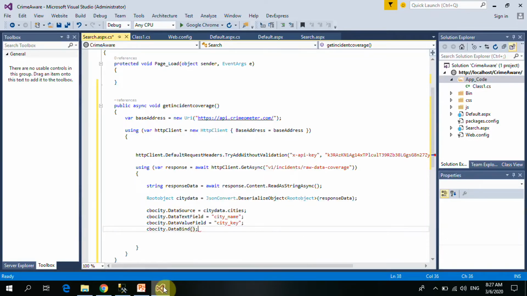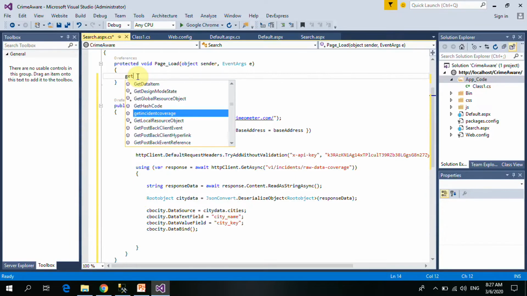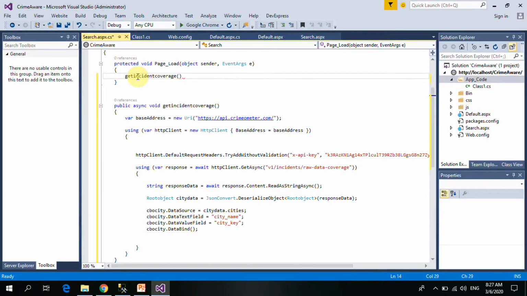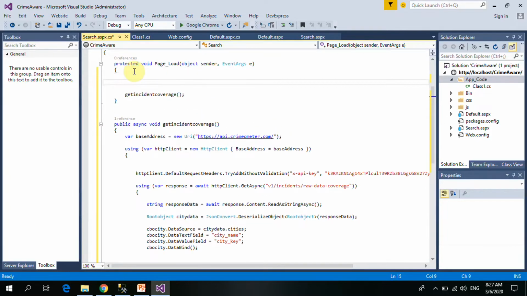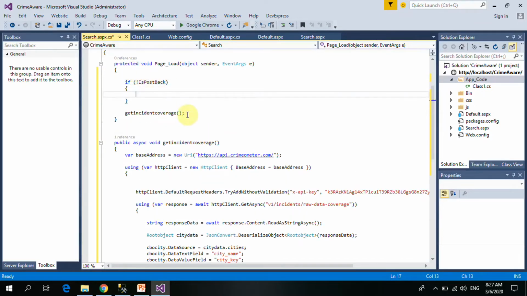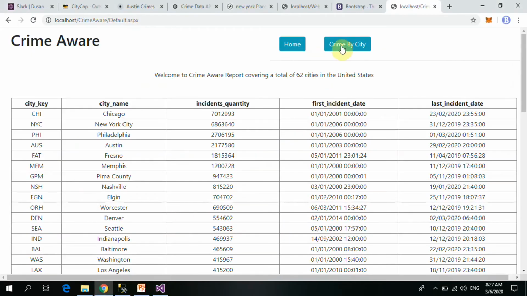So we'll bind this, and we can call this get incident coverage here. Get incident coverage. In fact, I can put this in, say, if there's no post back, then we can do this. So that way, if we come here,